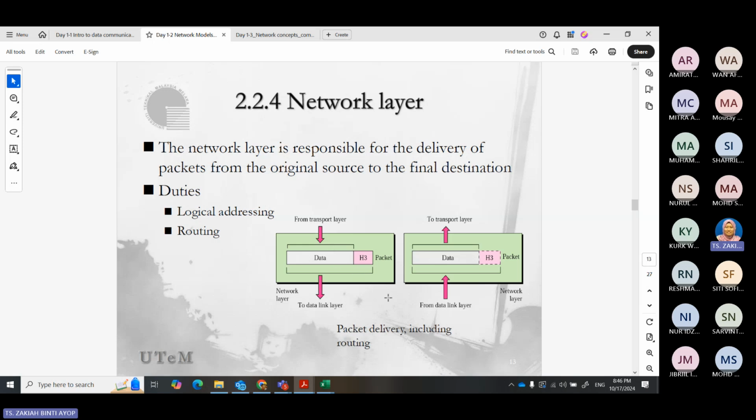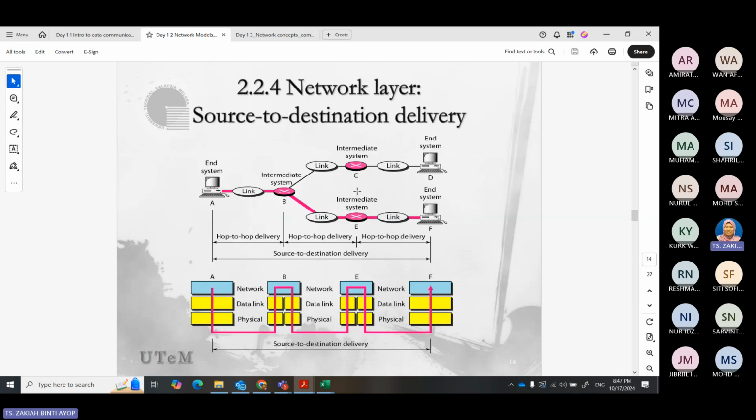So in this case we use packet delivery. Here, as I said before, this is a source to destination delivery. A wants to send to F, right?